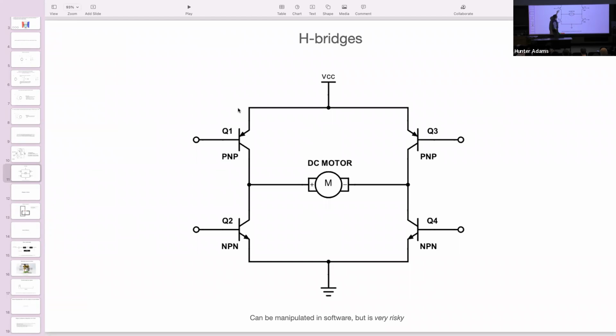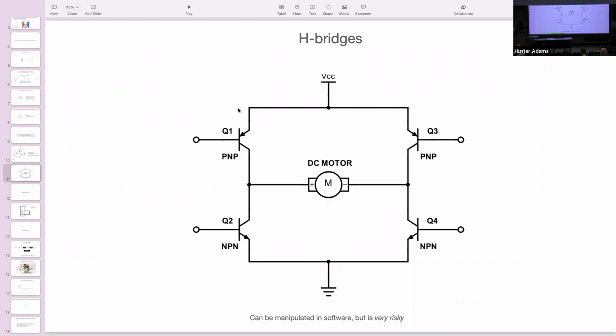And then you pulse width modulate these two transistors in order to control the speed of the motor in this direction. Likewise, if you want to go the other direction, you would turn these two off and pulse width modulate the other two transistors to control it at some speed in the other direction. And then, of course, if you set them all to low, you stop the motor.